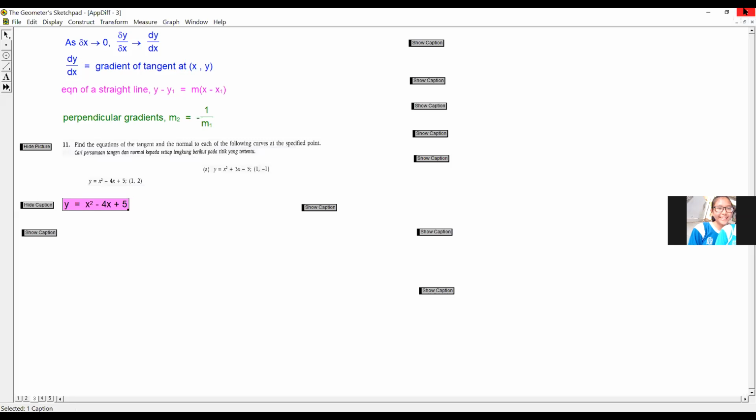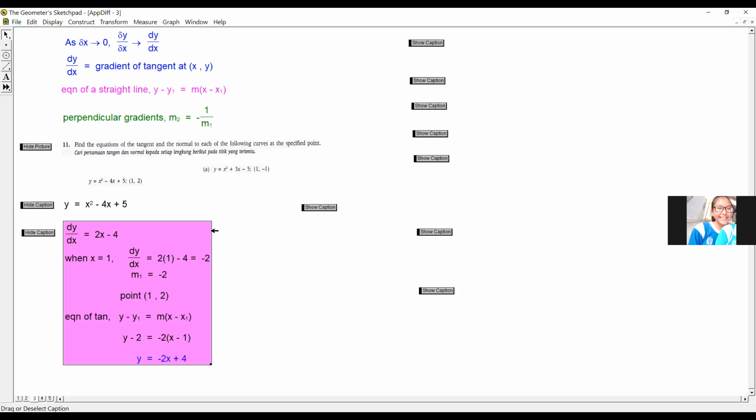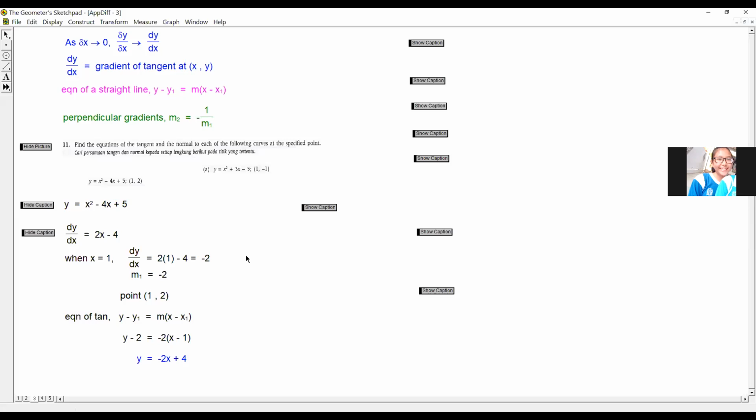Y equals x squared minus 4x plus 5. So what must you do? Differentiate, find the gradient. Okay, differentiate and find the gradient. So differentiate, you get dy dx equals to,